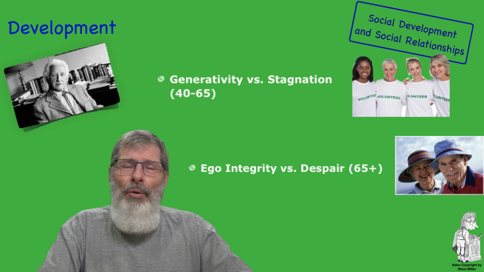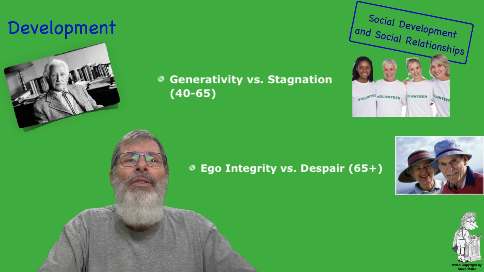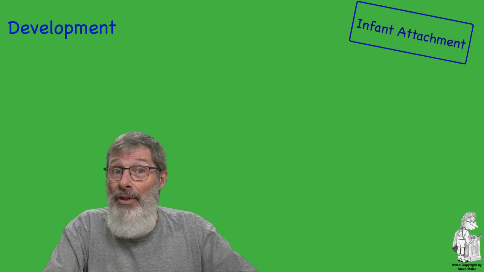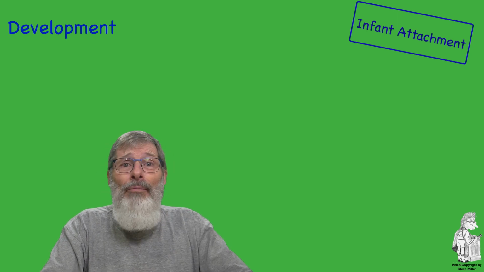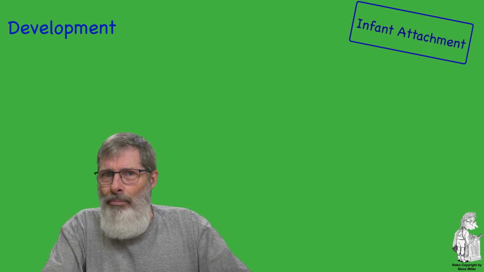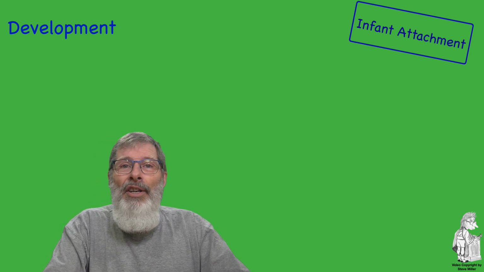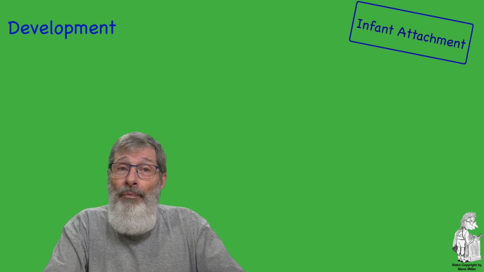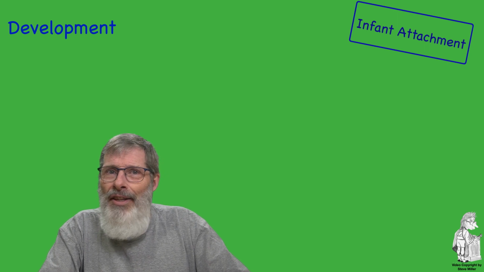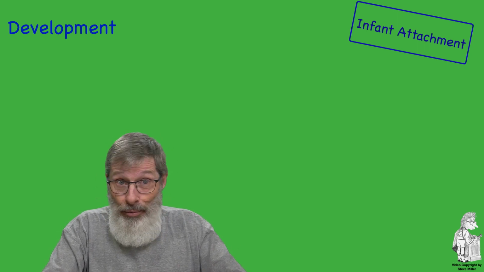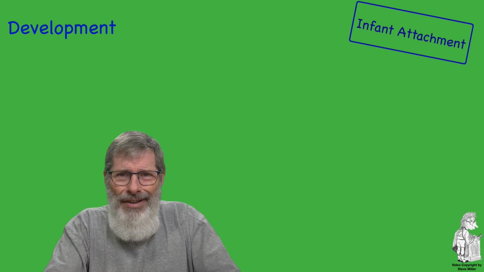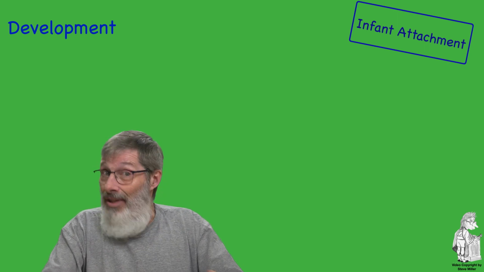I want to move to infant attachment, which is another factor that influences our development. Now, by definition, John Bowlby was the first attachment theorist, and his work pioneered the work of Mary Ainsworth. Now, her work around attachment is the emotional tie that is formed between one animal or person and another. Attempts to maintain contact or nearness show anxiety when separated.